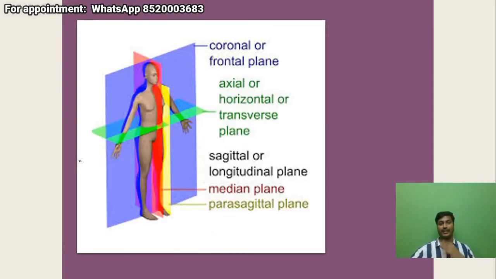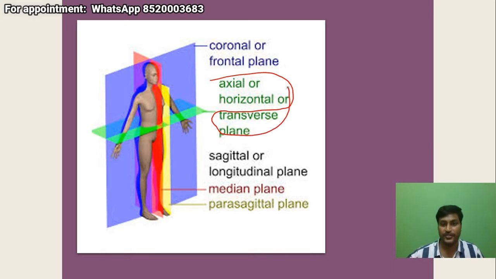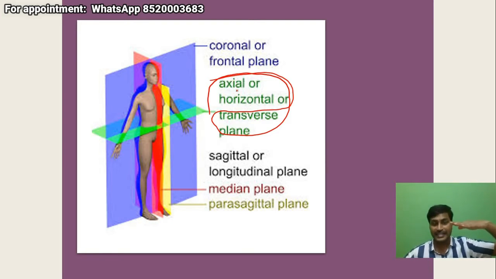Let's start with the planes. I think every one of you knows what the axial plane is. Axial plane is the horizontal or transverse plane. You take a cut this way, you take a cut this way. So axial cuts are horizontal cuts. Both coronal and sagittal cuts are vertical cuts, but the sagittal plane goes vertically through the nose. So this one is the sagittal cut.